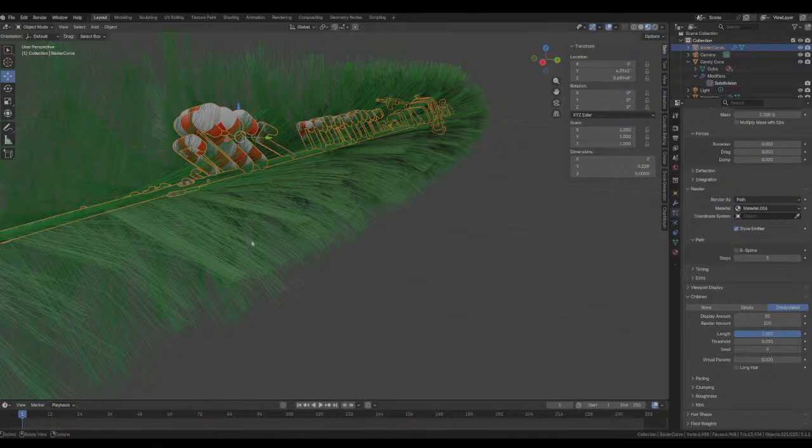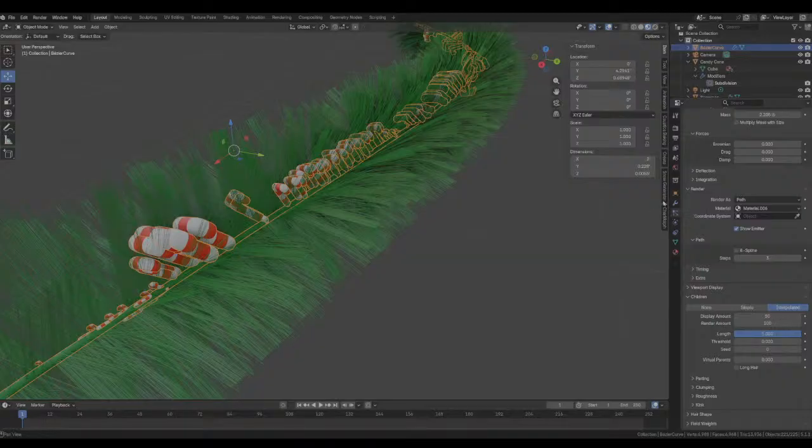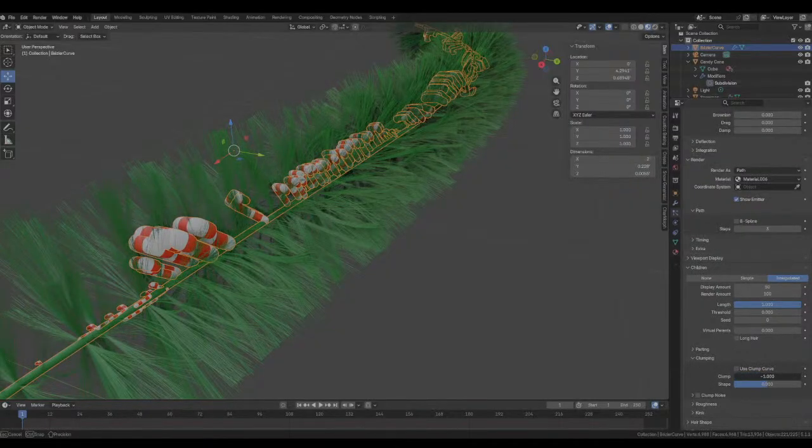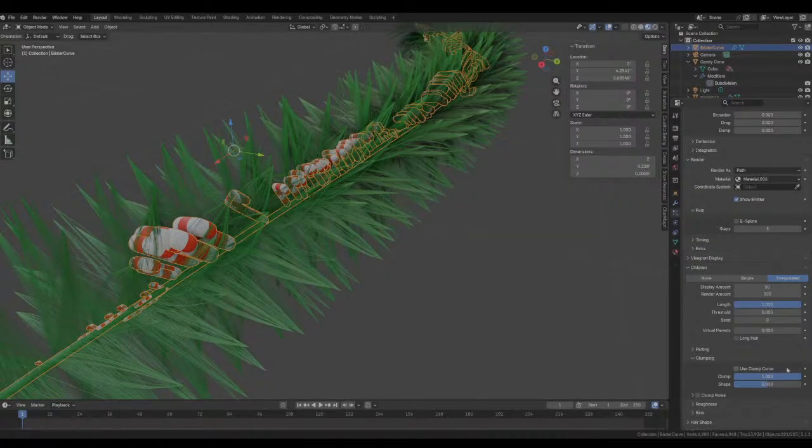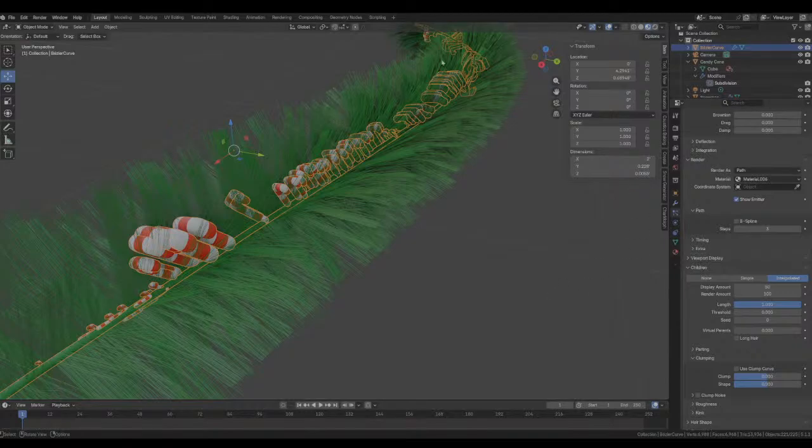I'm pretty far down on the playlist. Okay, that's what I want to do. I'm going to go ahead and go to the shading tab.